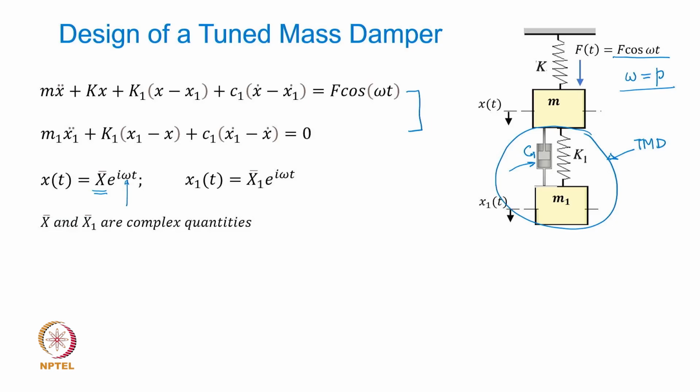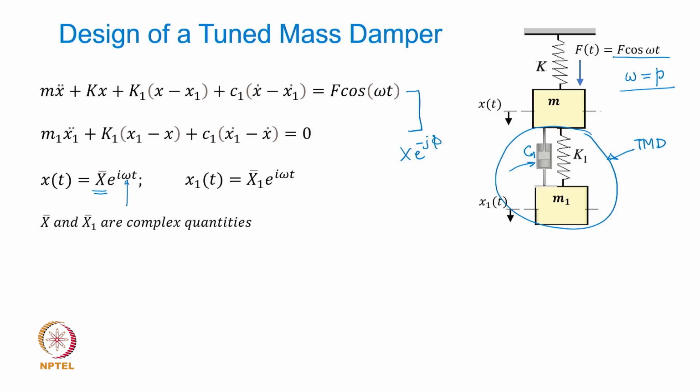So what I am going to do is to assume the solution in the form of x bar e to the power j omega t, where x bar is a complex quantity. Okay. So you have x e to the power j phi or minus j phi, which can be clubbed as